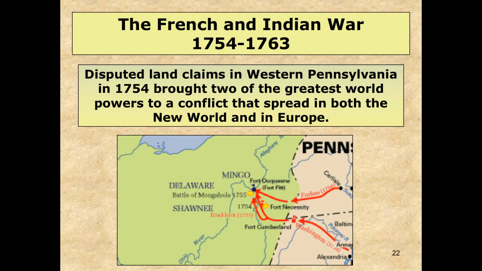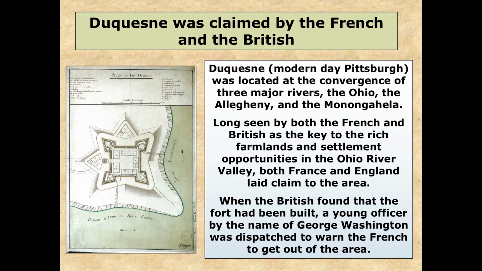So obviously, there's a dispute over land, right? What the French are going to do is try to claim this land for themselves. And how they do that is by setting up Fort Duquesne. This fort is set up here, and the British find out, right? The British find out.